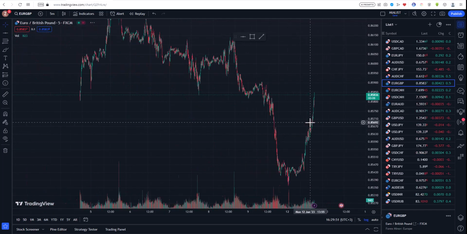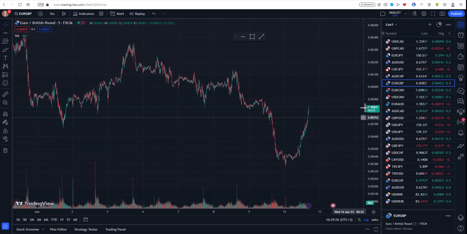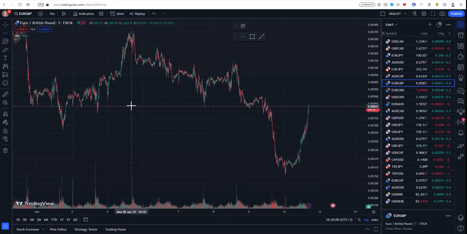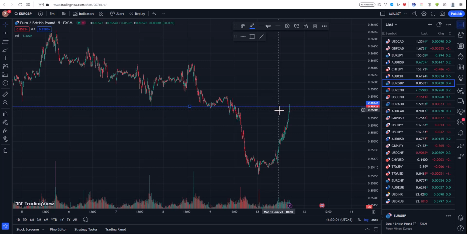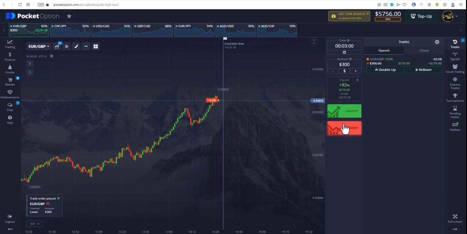We have an impulsive downward movement and the price has reached a resistance area. And I believe we'll see a downward reaction from here. So it will be a good idea to open a trade with the current indicators for a downward direction. As you saw, I set a 3-minute trend and $3,000 as a stake.